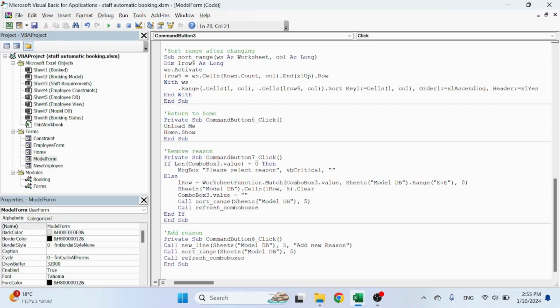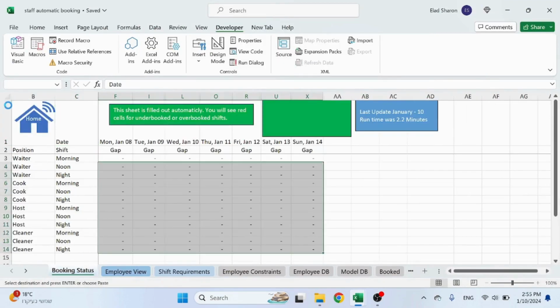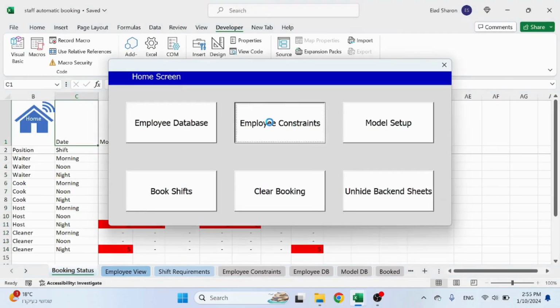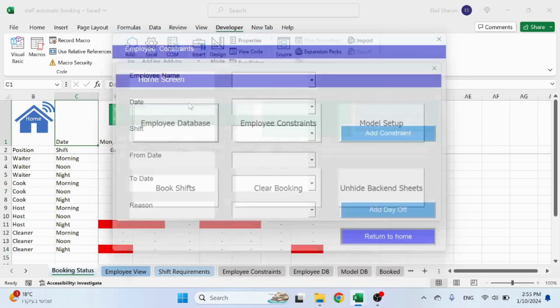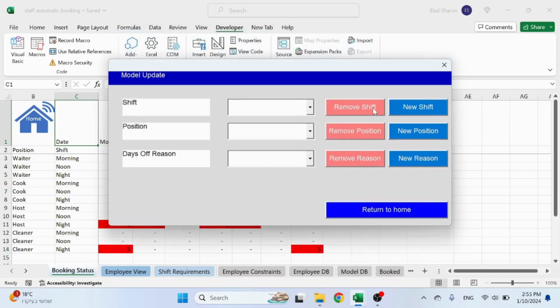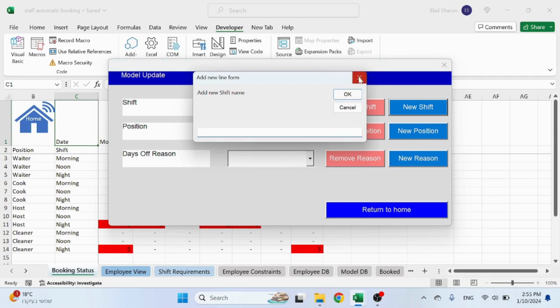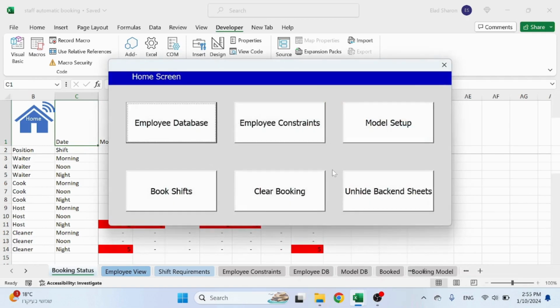Yeah, so basically all three are the same. Sorry, this is constraint. So yeah, all three are the same. They only differ with the column and the name that you want to appear here. Okay, and of course return home. So that was these two. We talked about the